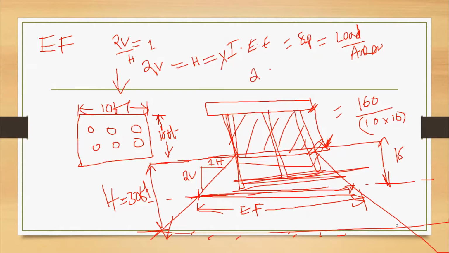However, I know that 2 vertical here is equal to... what is the vertical slope from here to here? 15. This is the mid layer, right? Exactly, that is the point. 2 vertical is equal to 15. So 1 vertical is equal to 15 by 2, which is 7.5. That is your x.